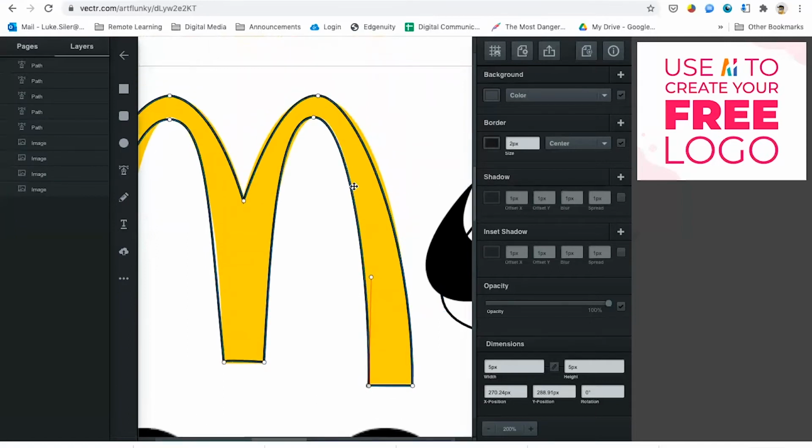But now we can see that this arch is behaving much more closely to the original graphic, and I'm actually just going to grab that point. Now I've got a good lineup of this line. And this line is looking good. This line is almost looking good. If I click on that point,